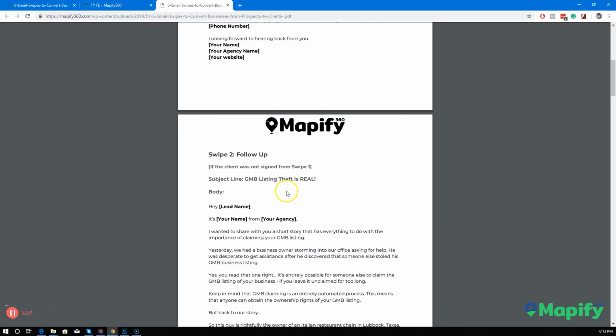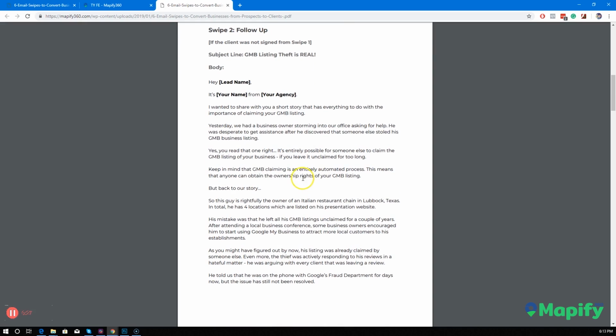So we will skip this, but this is also really good, because in case the business has not responded to you in the first 48 hours, and also remember, leave a gap of 2 days. I mean, nobody's going to respond in the first hours. It might be family issues, it might be business related issues. People don't really reply instantly on email, so don't panic if you don't get a reply the first day. Leave it for 48 hours, and in case you don't get a reply at all, just use this swipe 2